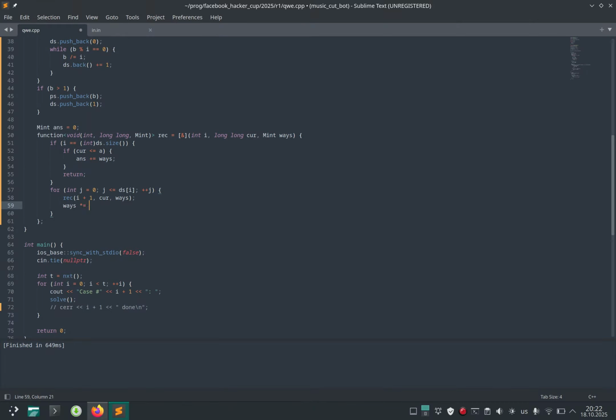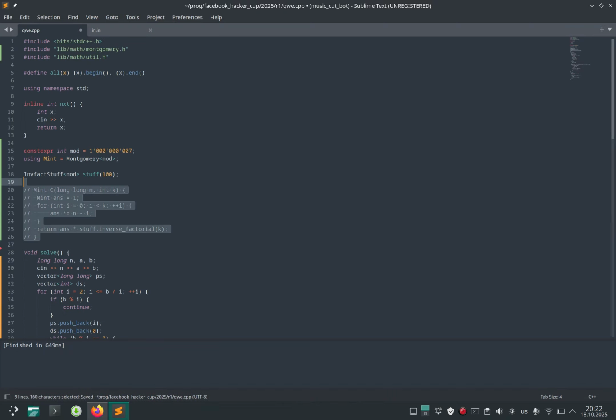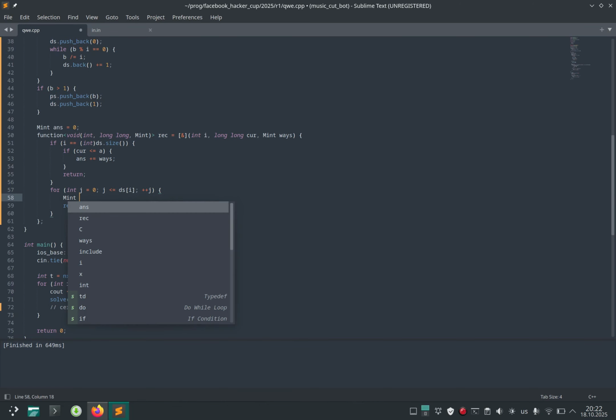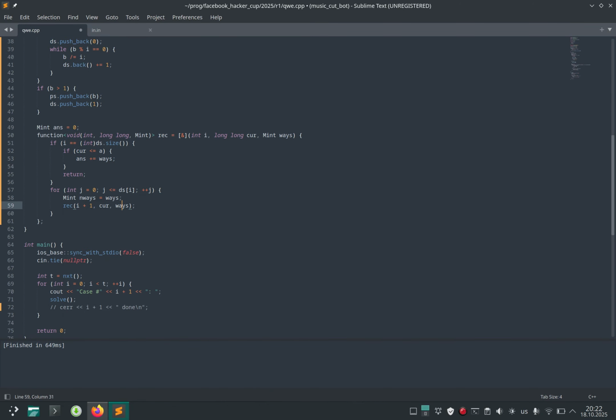Ways, we multiply by, oh no, we shouldn't have done it, right? Okay, what would the new ways be? Let's just compute it somehow. Those ways times,